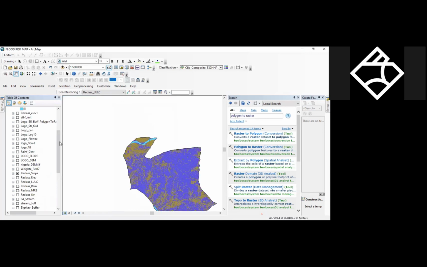So this is the reclassified land use land cover I just did now. So like I said, 3 vegetation, 4 built up, and 5